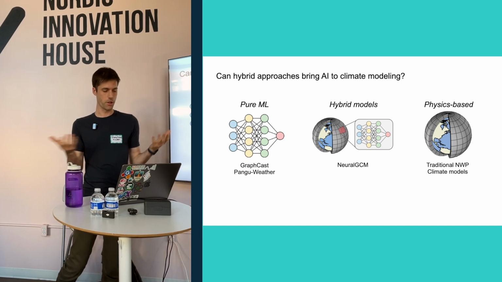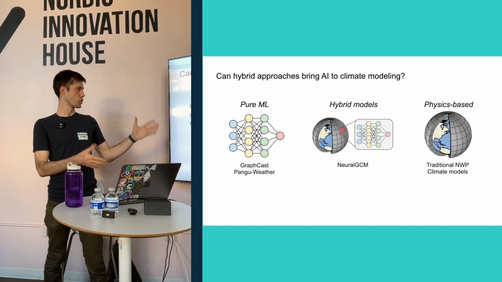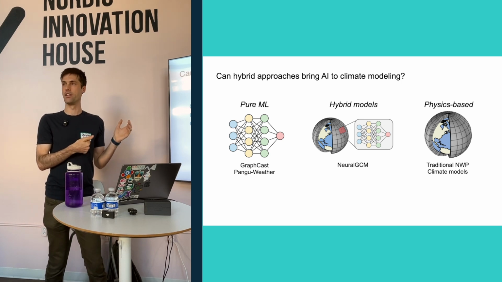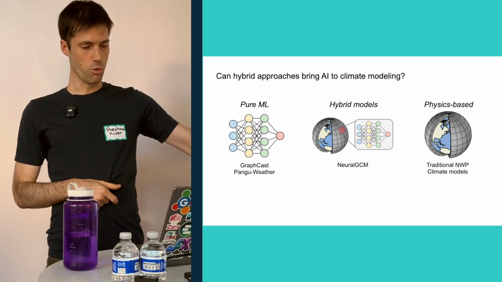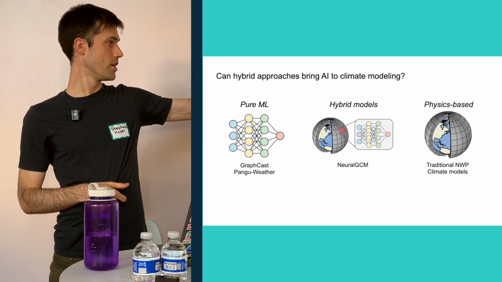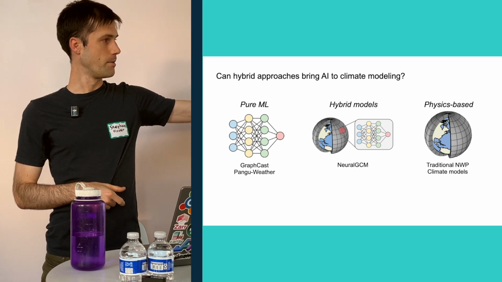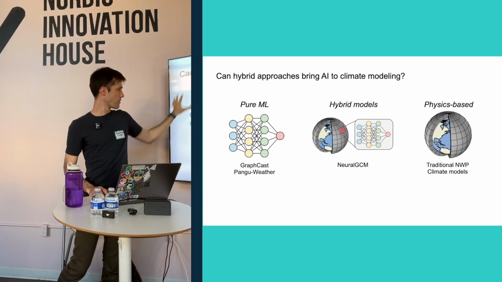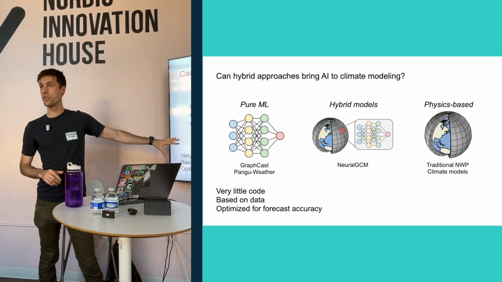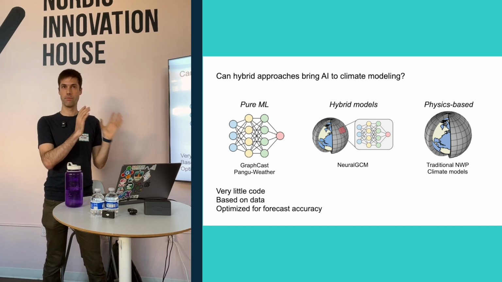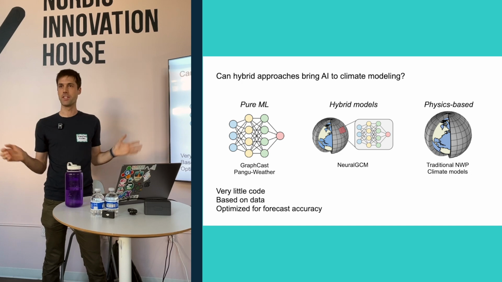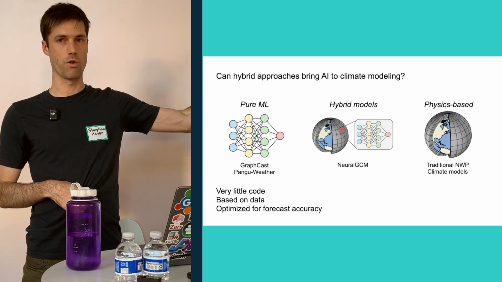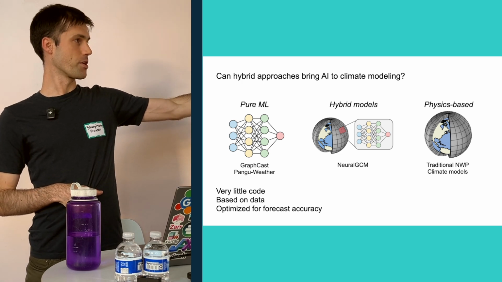I thought I'd set the tone a little bit by talking about the difference between pure machine learning models and physics-based models, and some of their relative strengths and weaknesses. On the one hand, we have these newfangled machine learning models that are mostly using deep neural networks, in contrast to more traditional physics-based models for weather prediction and climate modeling. They use very different principles. The machine learning-based models are actually remarkably simple, not a whole lot of code, something like 5,000 to 10,000 lines of code. It's not tiny, but these models have been built by pretty small teams over a handful of months, and they are very accurate.